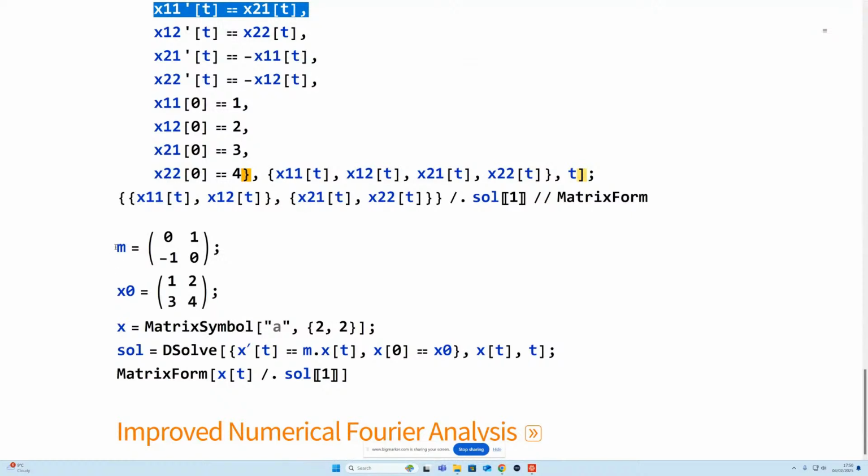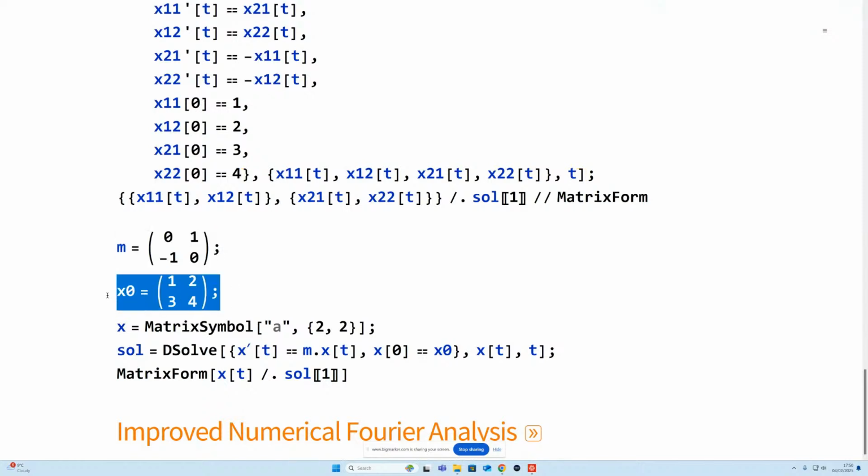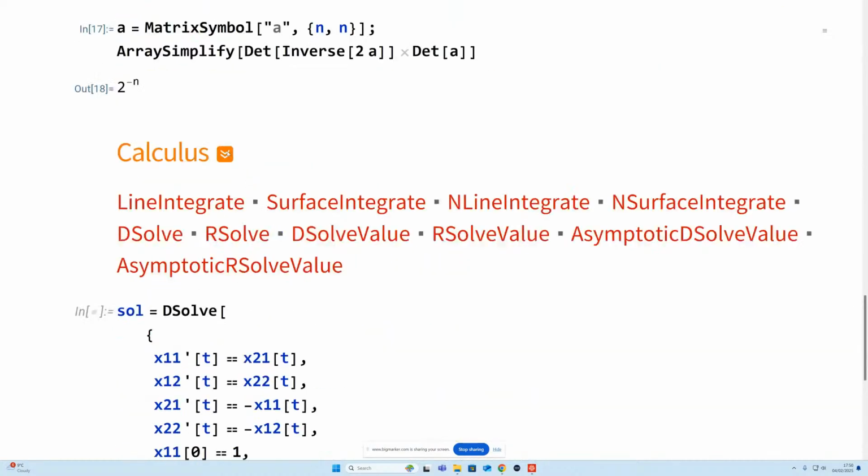Under this new way of being able to work, now that these symbolic matrices are much more widely understood, we can set up a matrix of weights of these equations, and the underlying differential equation is now really trivial. It's x prime of t is m dot x of t. And if this went to a 10 by 10 version of the problem, this differential equation would get no more complex. The input data would become 10 by 10, but we wouldn't end up with an explosion of equations to debug. So it's really good to have really succinct expression of differential equations now over linear